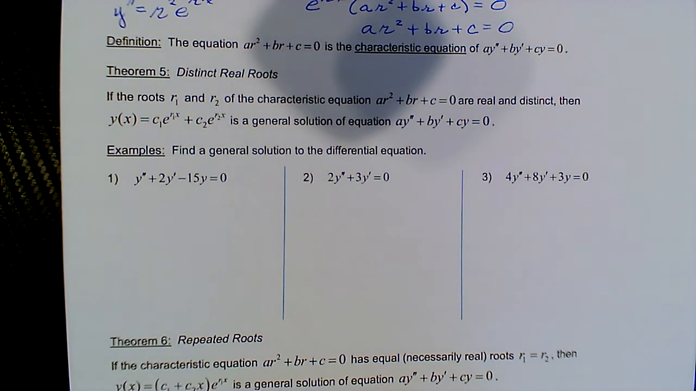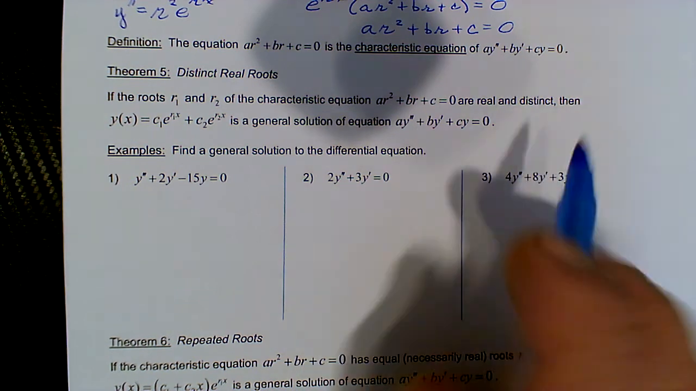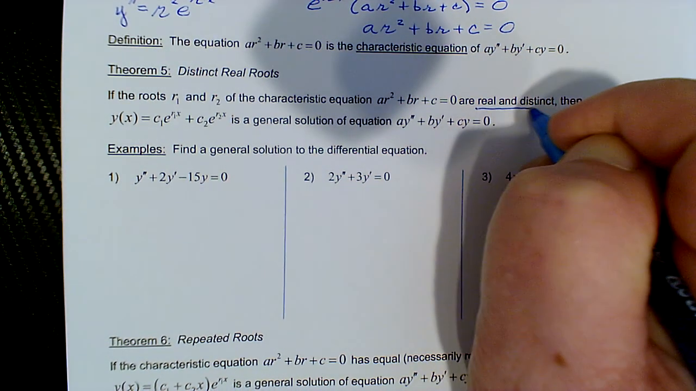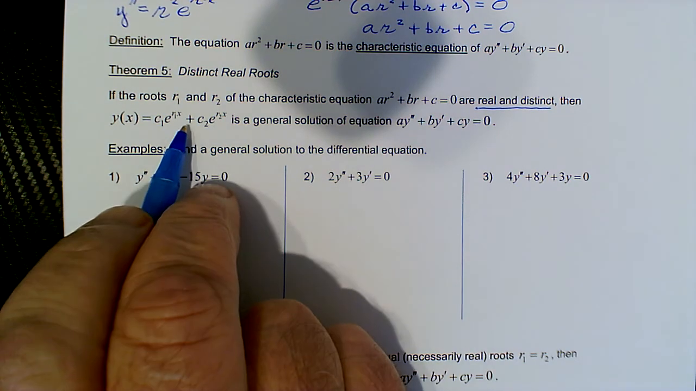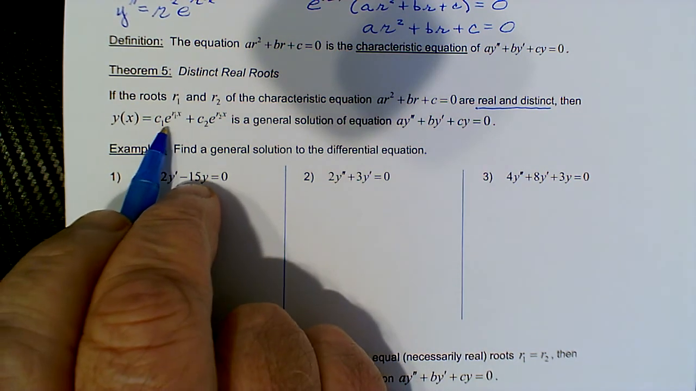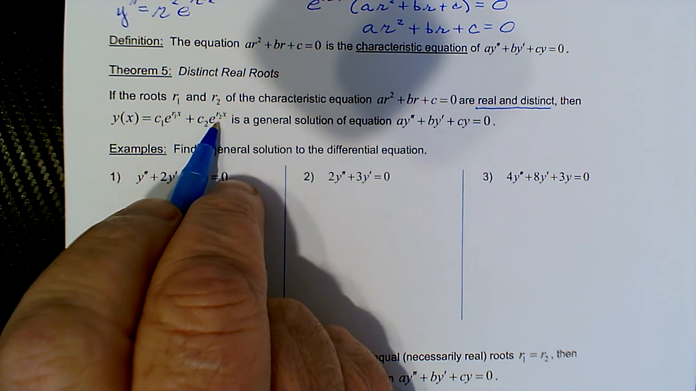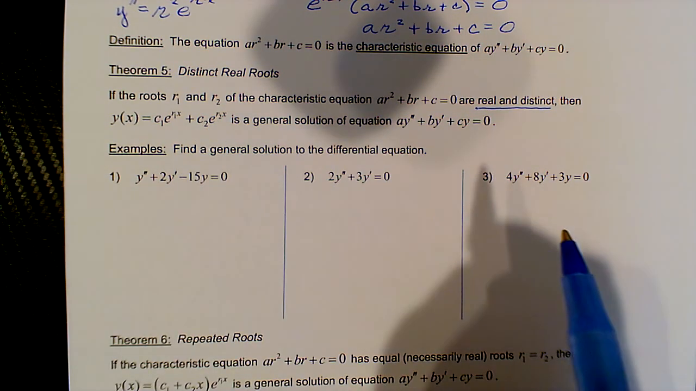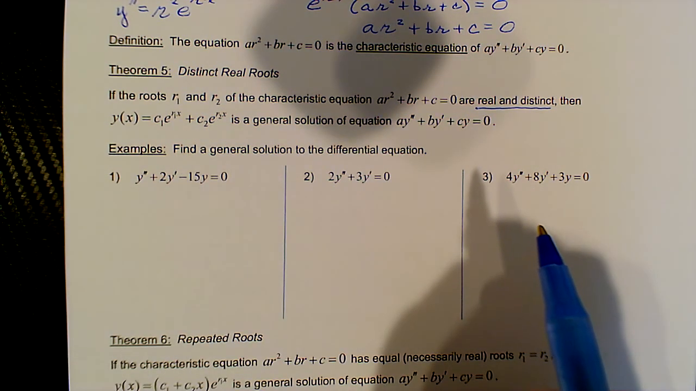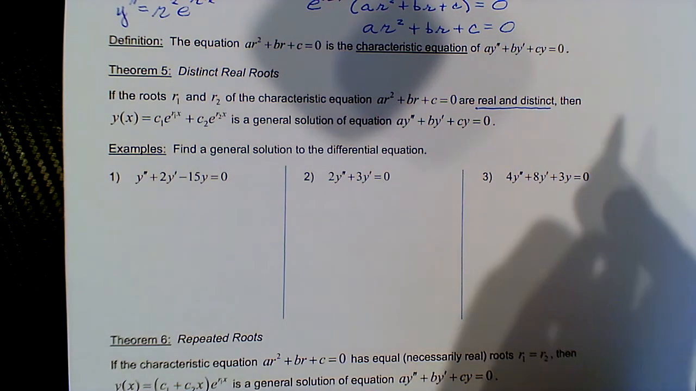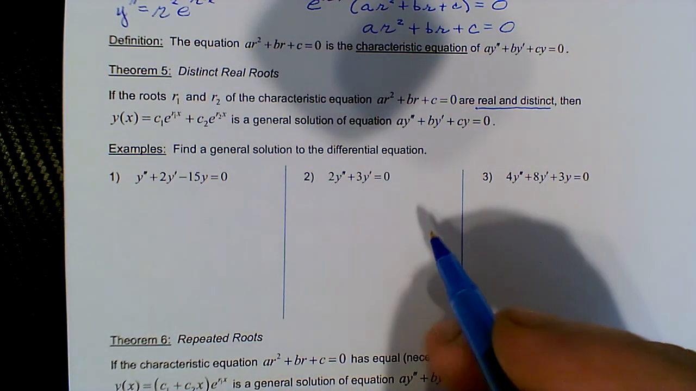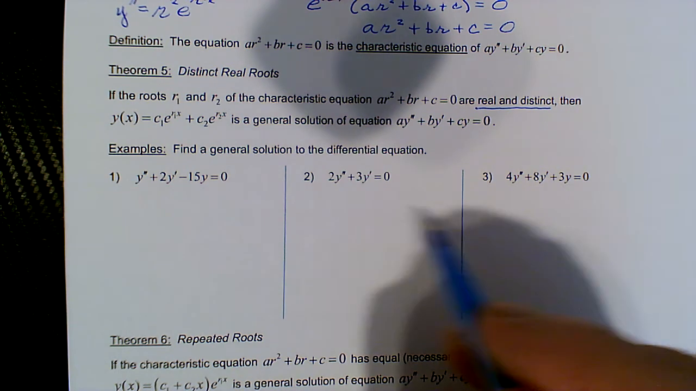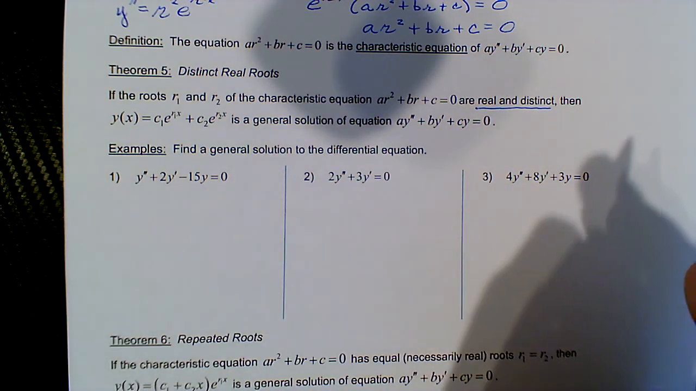And if the roots of our characteristic equation are real and distinct, then a general solution is c1 e to the r1x plus c2 e to the r2x, where r1 and r2, as we mentioned here, are the distinct roots. So basically, we now have a tool to be able to solve these second order linear differential equations with